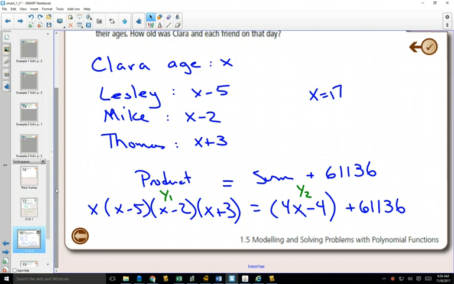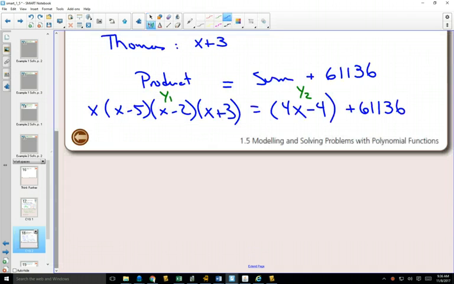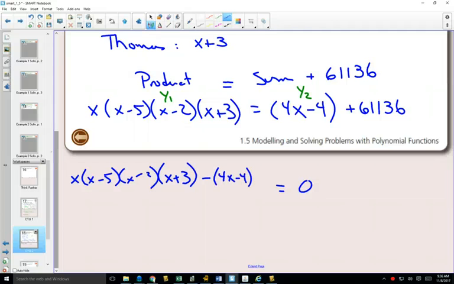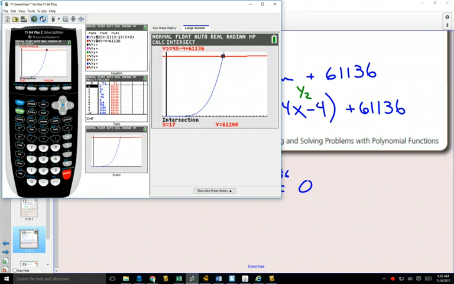The other way the textbook does this question is it says, what would happen if I made one side equal to 0? So I would have x times x minus 5 times x minus 2, wow, times x plus 3, subtract 4x minus 4, subtract 61,136. And if you made the whole side equal to 0 and typed that big thing into your calculator,